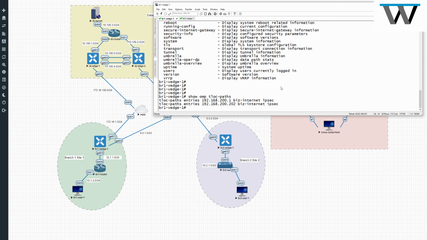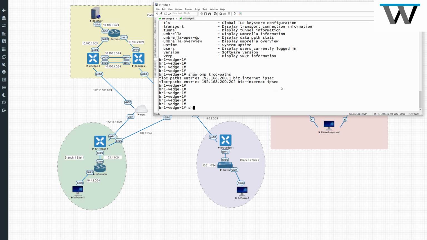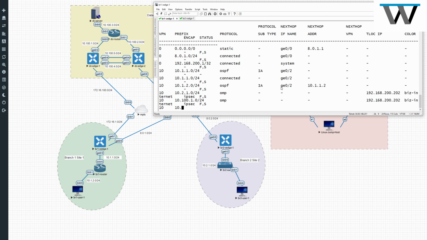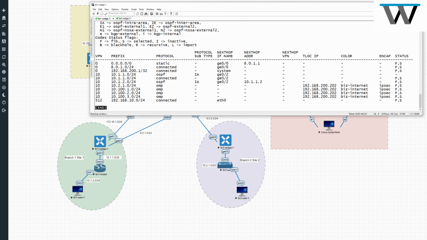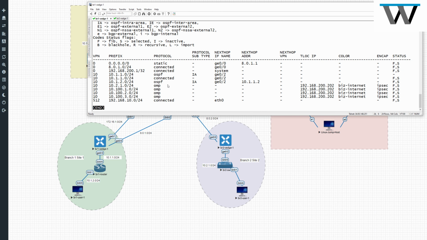Now, one more interesting thing: if I do show IP routes, let's make it slightly bigger. Yeah, this is a clearer form. I like this output because it presents me all the information, the VPN 0, the VPN 10, and the VPN 512. I am more concerned about this VPN 10 because I'm going to receive OMP routes here. So I'm right on this router, BR1 VH1, and I am getting routes from this route